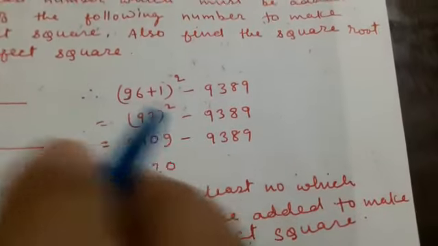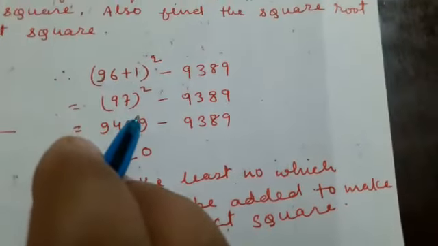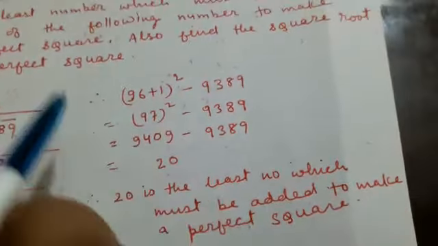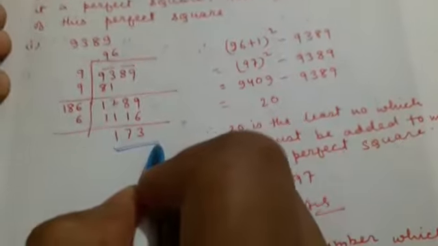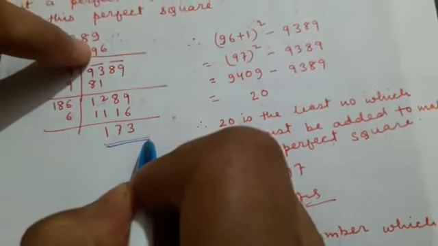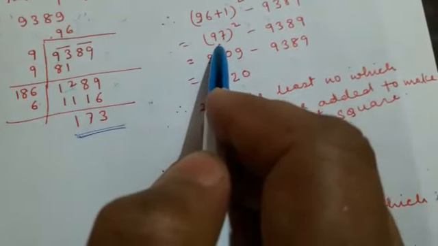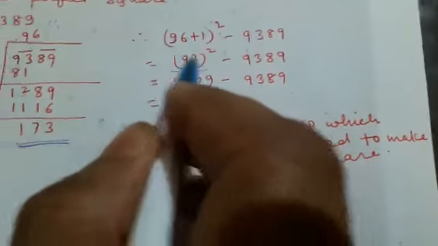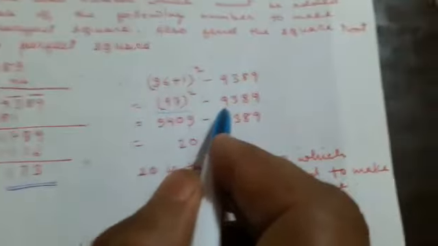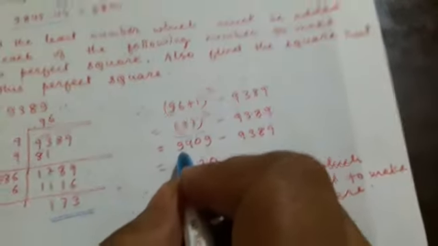We have to find the least number which can be added to the given number so that it becomes a perfect square. Students, remember, this 96 we are getting here is the remainder. One thing you have to do: to 96 you have to add 1, then it will become 97. Now make it a square of this number. If you square it, 97 into 97 is equal to